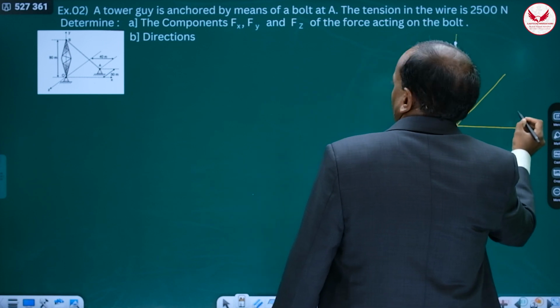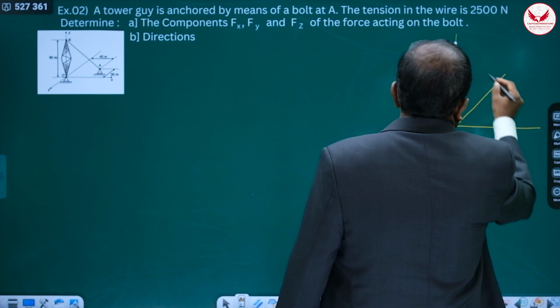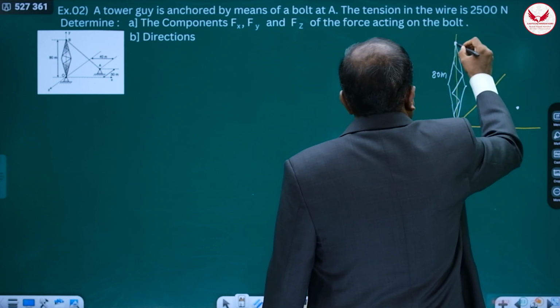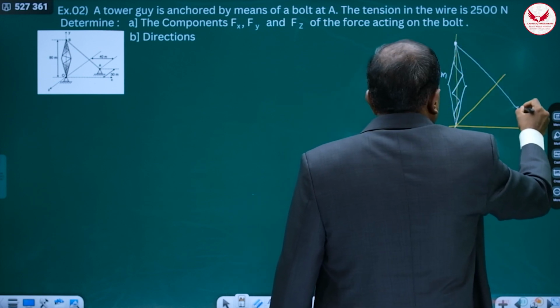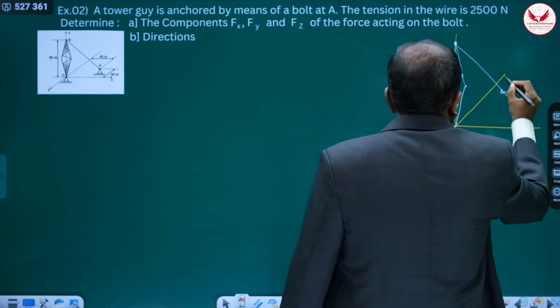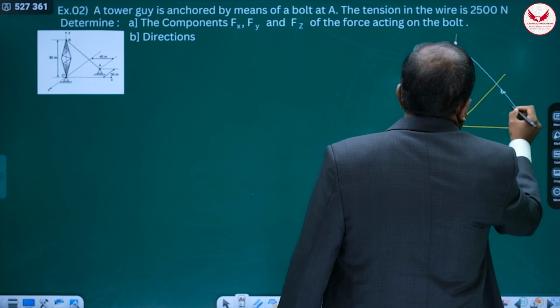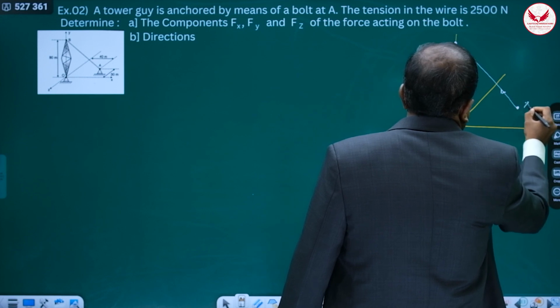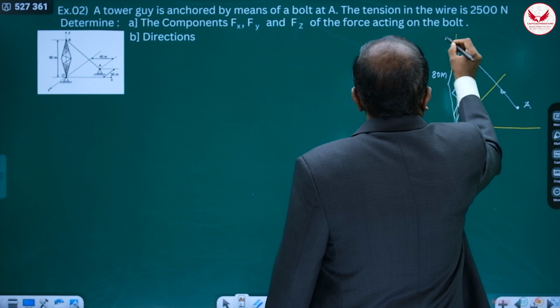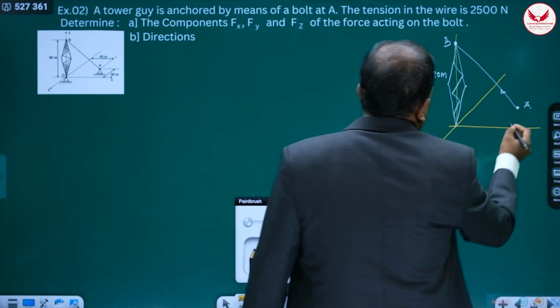so a cable is fixed somewhere over here, which is BA, like this, and it is going to be in tension. It is going to be in tension. So this is going to be A and it is B. Again,